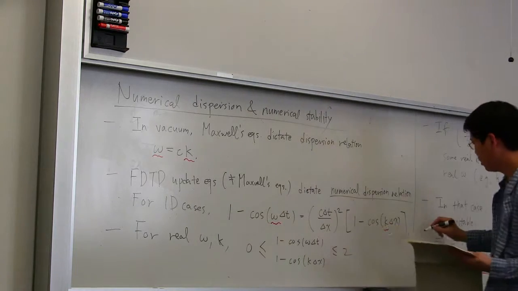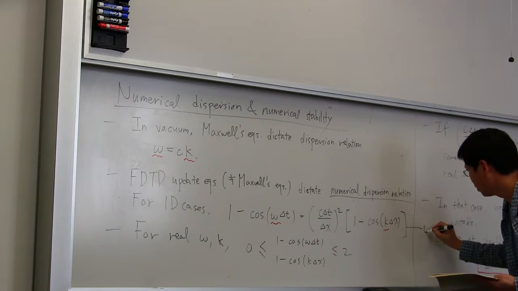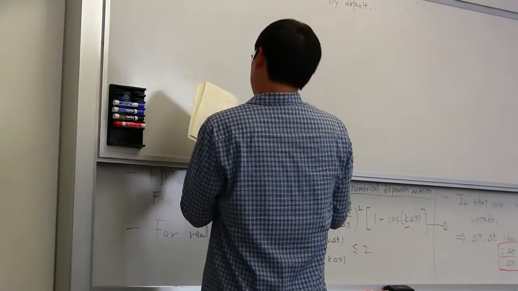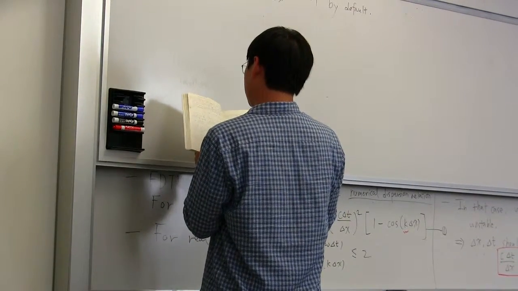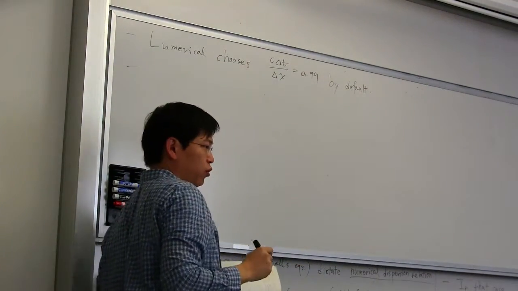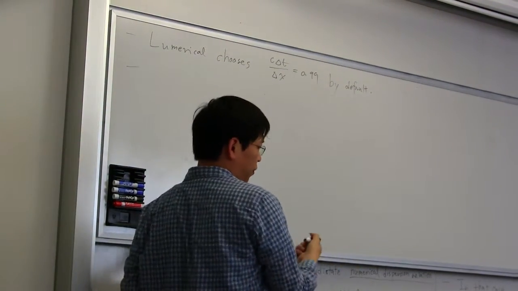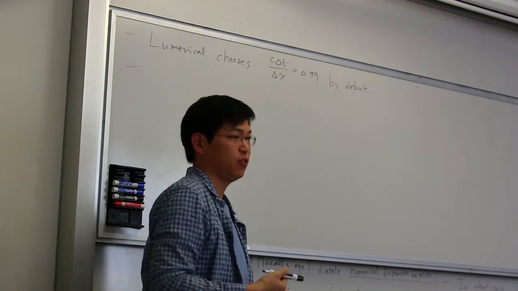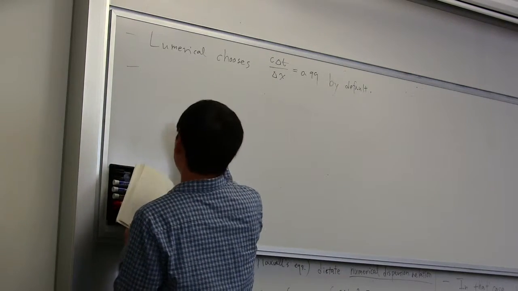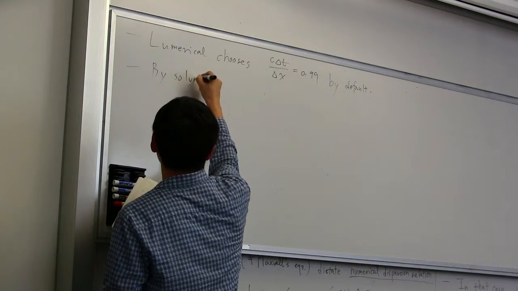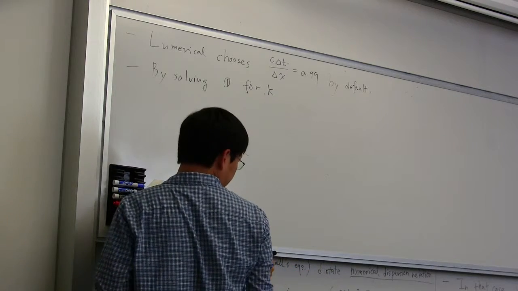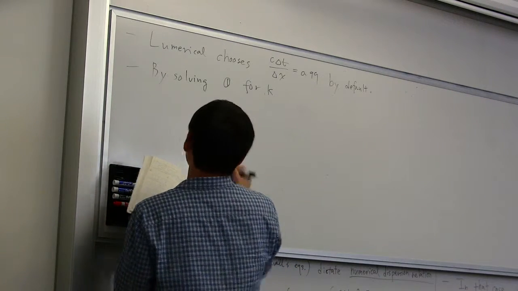So I'll call this equation 1. And now we'll look into more details about the numerical dispersion. Up until now we looked into the numerical stability issue, but we'll look into numerical dispersion in more detail by solving equation 1 for k. We get